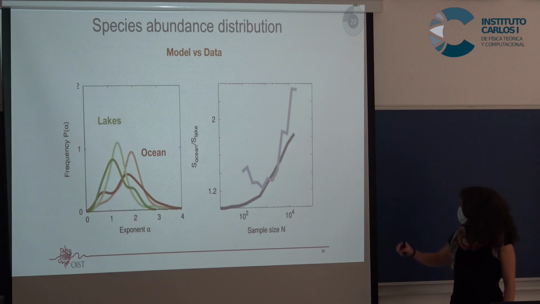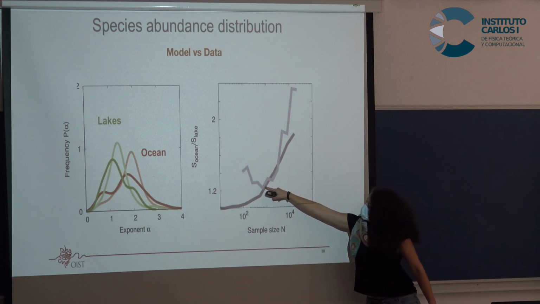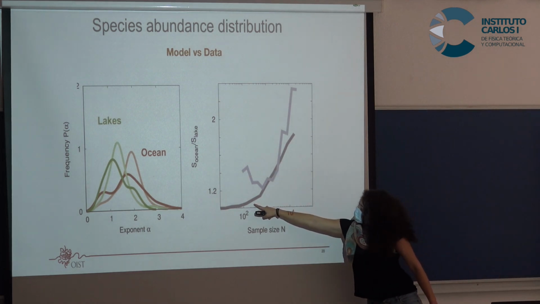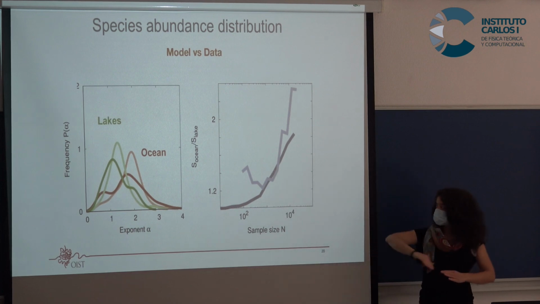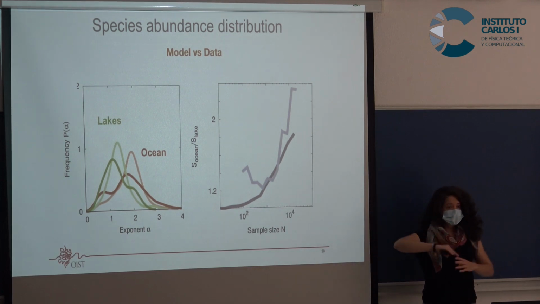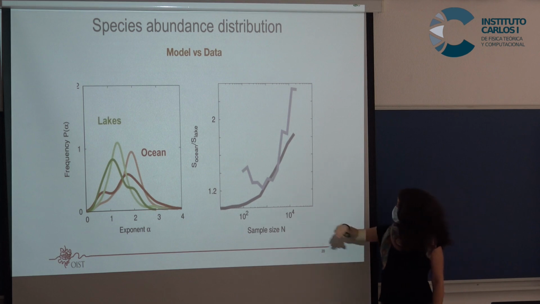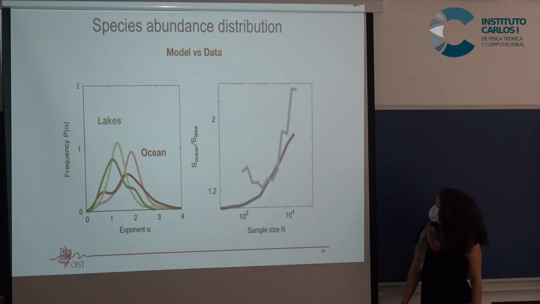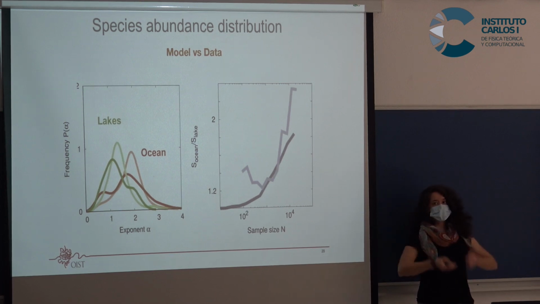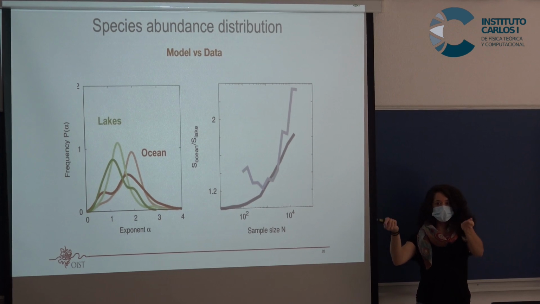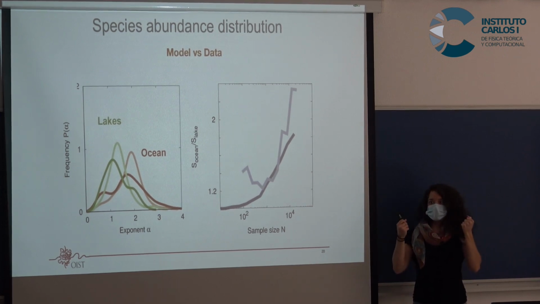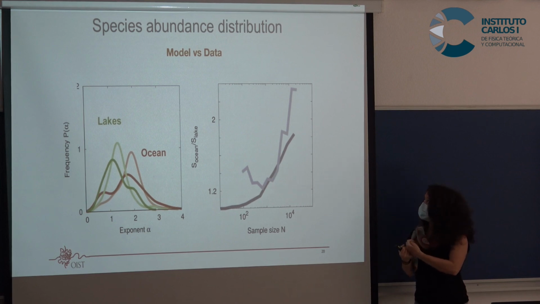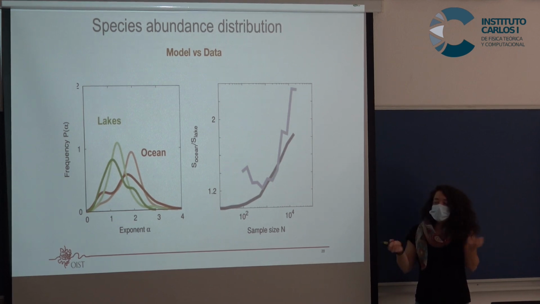And, well, this is the data compared to our model, that is the dark one. So the tendency, like the growth with the number of species, also behaves as our model. So once we have proposed a model, we have seen that it predicts quite well what happens in nature. So now we can think, okay, now that it reproduces it, let's see why it reproduces it.